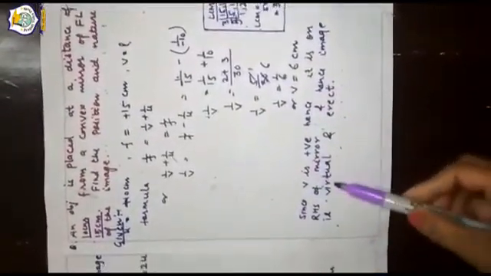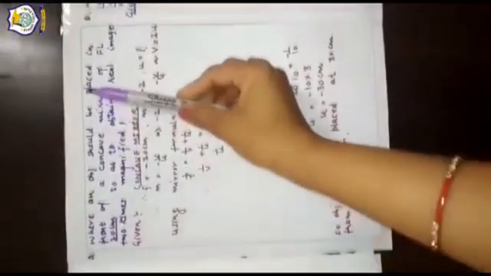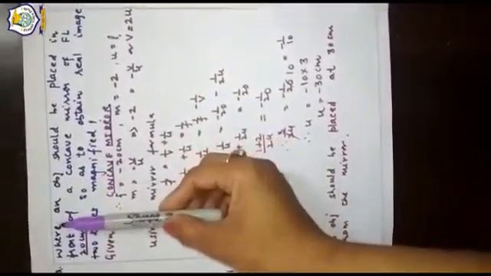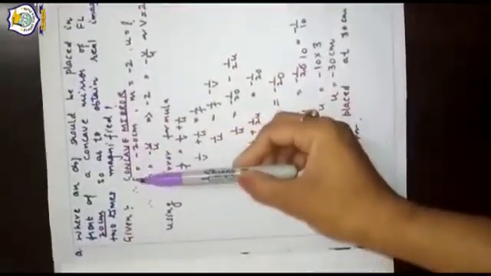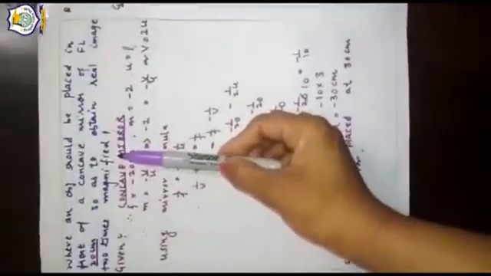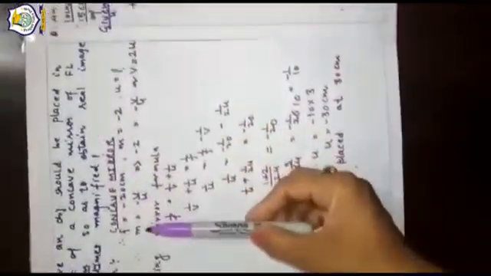It is very important. Now come to the next numerical. I have taken one more numerical, where an object should be placed. It is a little different from the first one. In this we need to find the object distance, that is u. It is a concave mirror, so f is minus 20 centimeter. To obtain a real image 2 times magnified, here v is not given, but in place of v, m is given.